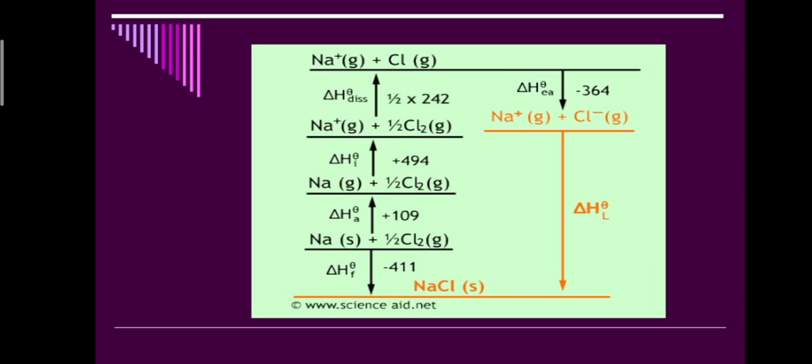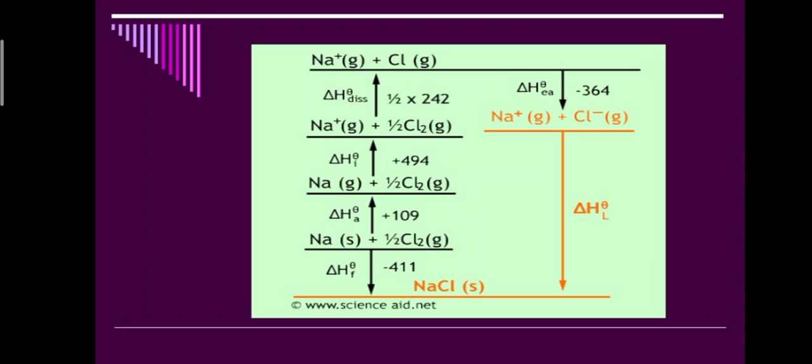Next, the chlorine reacts with the electron, meaning chlorine gains an electron to form chloride ion. And here is electron affinity, that is, the standard enthalpy of electron affinity, which means that from 1 mole of atoms, 1 mole of ions are formed. So chlorine reacts with electrons to form chloride ion, Cl-. Here ions are formed from the atom. So it is electron affinity. So ΔH° of electron affinity is equal to minus 348 kilojoule per mole. This reaction is also exothermic.